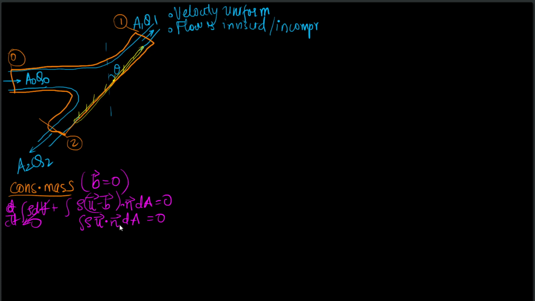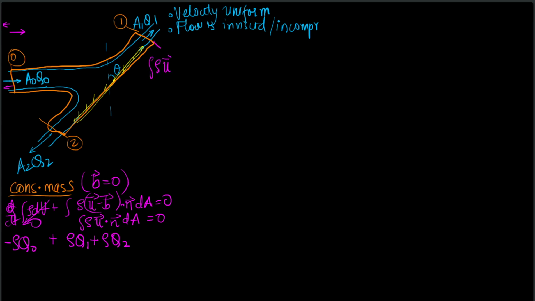So at section 0, u dot n, u is in this direction and n is in this direction. So n is like this, u is like this. So u dot n dA is equal to minus of Q naught. So this becomes rho times minus of Q naught. What about section 1? It becomes rho Q1, and at section 2 it becomes rho Q2,